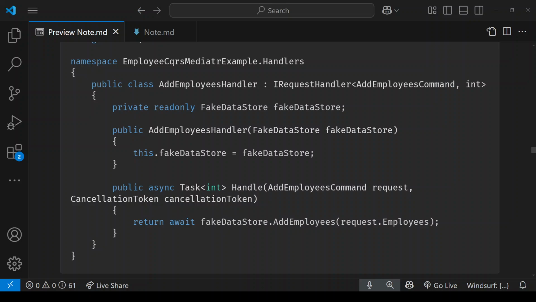The first type parameter for this generic interface is, of course, the type of the command, and the next parameter is what we will return from this handler, which is an integer. Then again, we have our dependency on our data store, and inside of the handle method, we are taking in an object of type AddEmployeesCommand, which is the command that this handler is going to handle. We've got our cancellation token, and then using the dependency that we've got of our fake